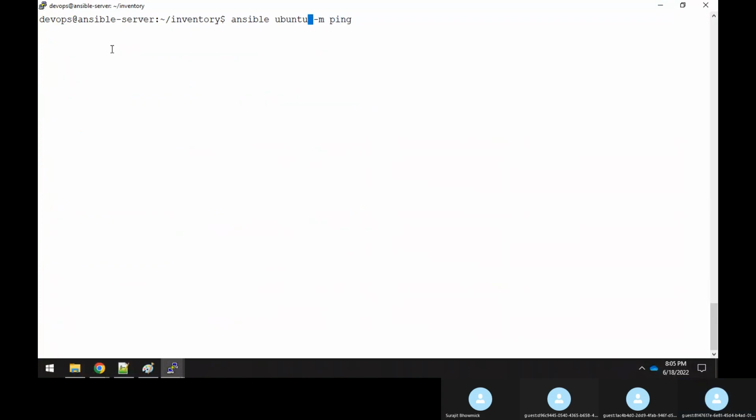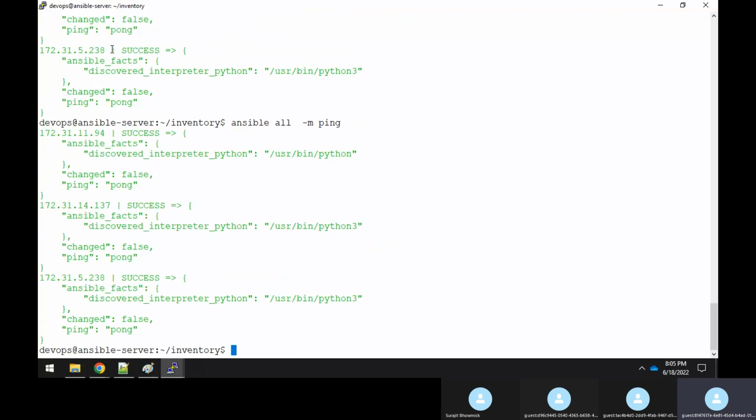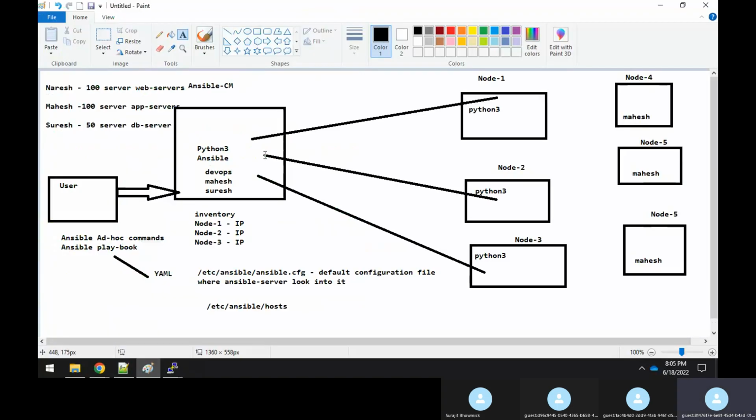Ubuntu colon CentOS, like this. See? It will ping all three IP addresses. Or else, if I don't want to give a group, I want to ping all, you just give all like this. It will ping all these three. Clear? So what happened is that your server is pinging all these three machines, node 1, node